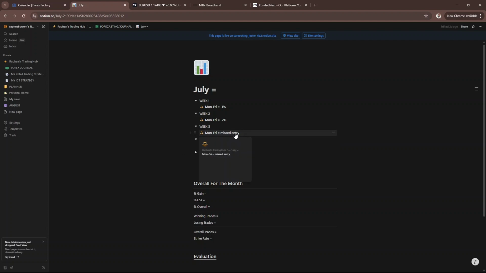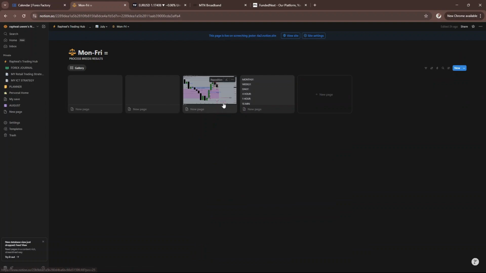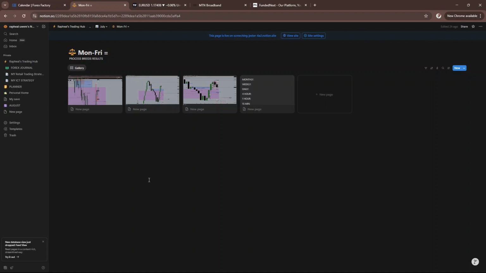The third week I didn't actually take a trade. Then this is the fourth week that I'm taking this trade, and it's still a good week because I came out profitable. So it's still a good week. I'm just going to write everything down. These are the previous trades and all that.